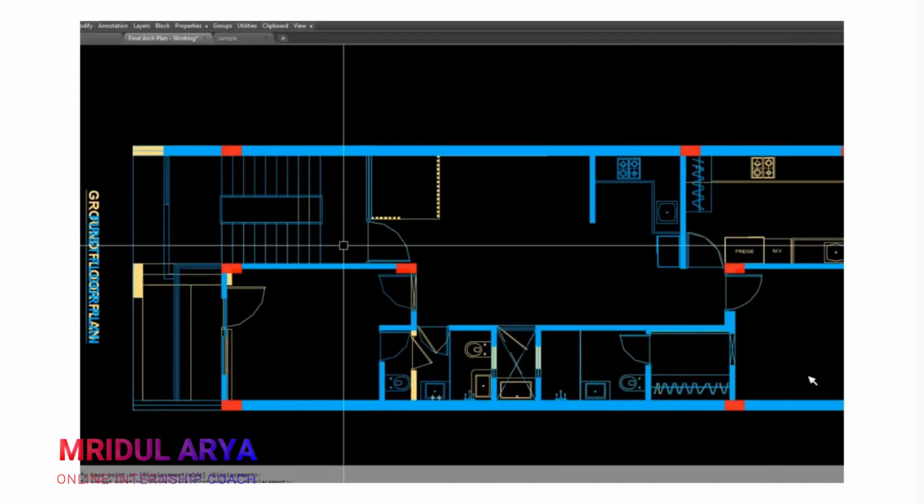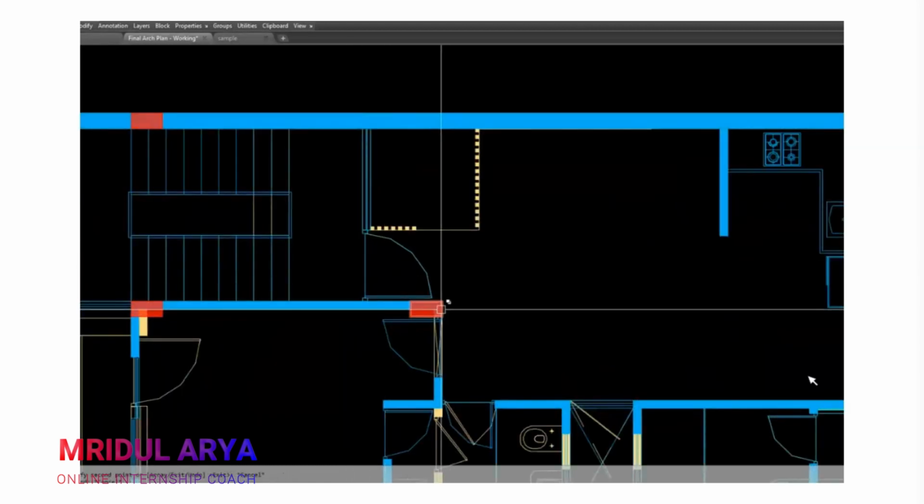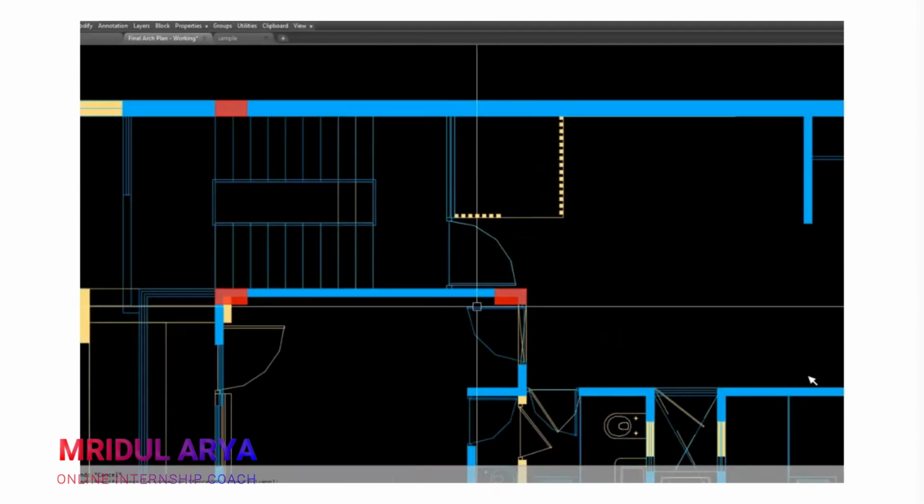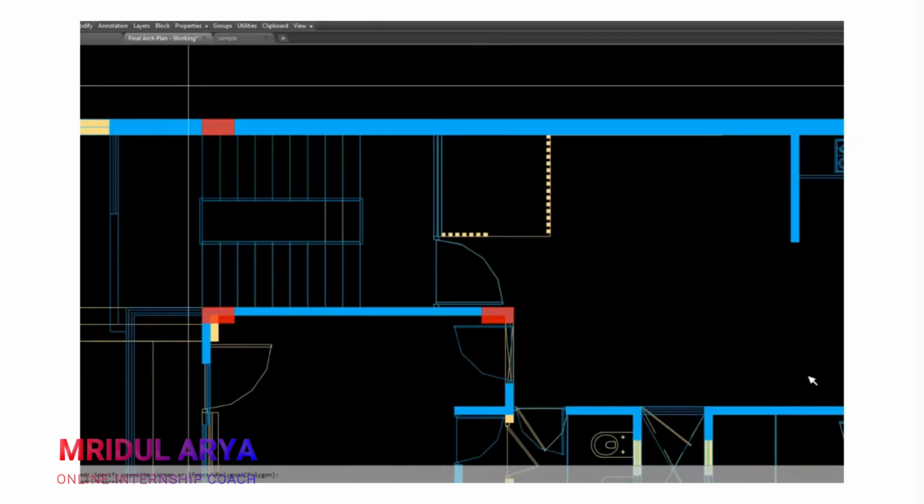Whenever you have a staircase and lift, you will provide columns at all the ends of your staircase or lift. In the case of a lift, usually we go with shear walls, but if you are not going with shear walls, then try to place four columns at all four corners of your lift, and also place columns at all the corners of your staircase. So in this case, I'm providing a column at this location. It's not at the edge of the staircase, but it's nearby, so we can take it.